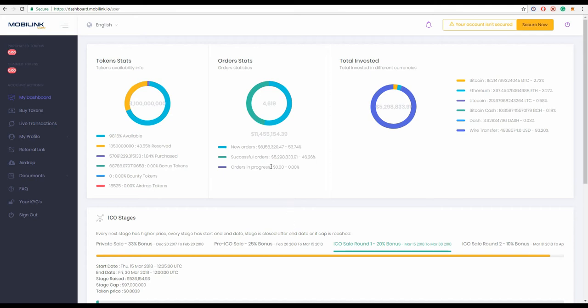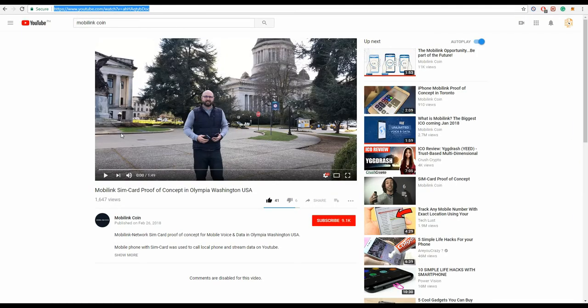But anyway, a member of their team told me that all of the unsold tokens will automatically go to the reserve funds and not to the circulating tokens, which is also good. Another good thing about the Mobilink-Coin token sale is that even if they cannot reach the soft cap milestone, the project will still continue because the product is done. The Mobilink-Coin SIM card is 100% ready and it will be distributed to ICO participants right after the end of the token sale. Now guys, I'm going to show you a working demo of a